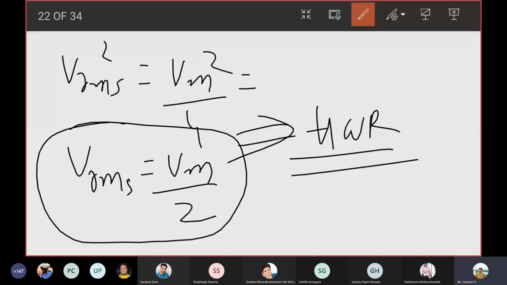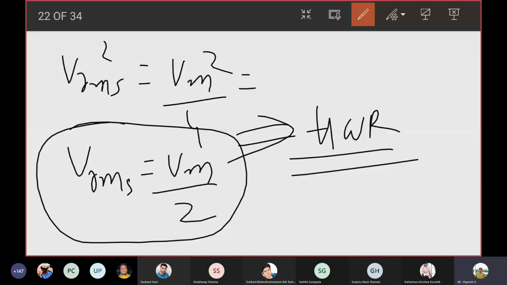I'll tell you what is the moral of the story. The moral of the story are the two values which you need to remember. I don't care if you know how to do the derivation. Obviously, you should know how to do the derivation because in the Viva, I will ask you to derive. We have a separate component for Viva, right? Of course, I want you to know how you arrived at the equation, but the end goal is the final values. At least you should know the final values.